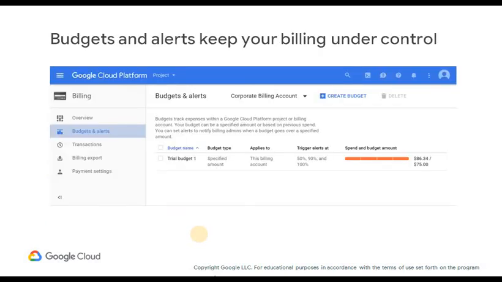You can define budgets at the billing account level or at the project level. To be notified when costs approach your budget limit, you can create an alert, for example, with a budget limit of $20 and an alert set at 90%. You will receive a notification alert when your expenses reach $18. You can also set up a webhook to be called in response to an alert. This webhook can control automation based on billing alerts. For example, you could trigger a script to shut down resources when a billing alert occurs.